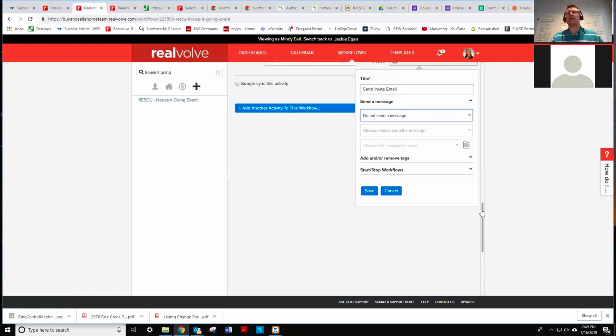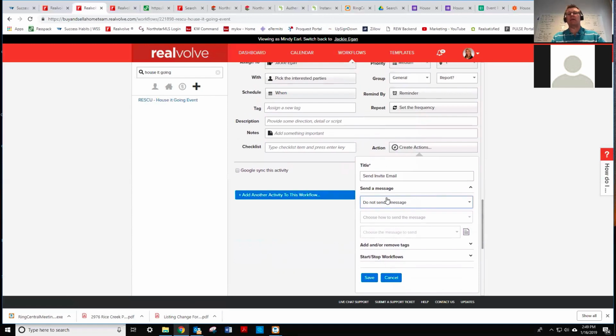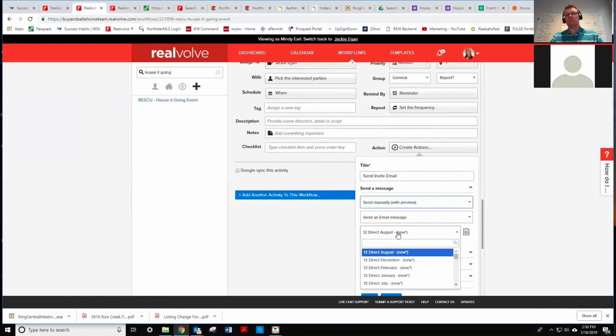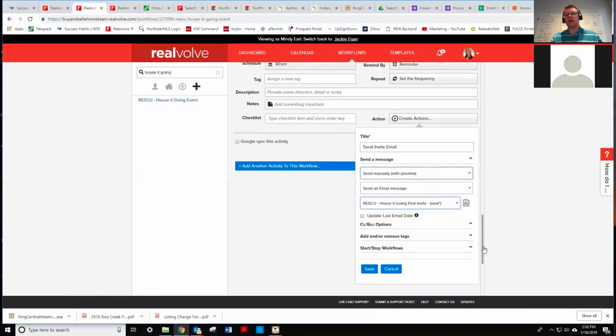Now you can make it send manually if you want, but if you're going to do the send manually, you've got to make sure that you log in as Jackie and do the sending piece. Do you want it manual or do you want it automatic? Manually? Yeah. Okay. First invite